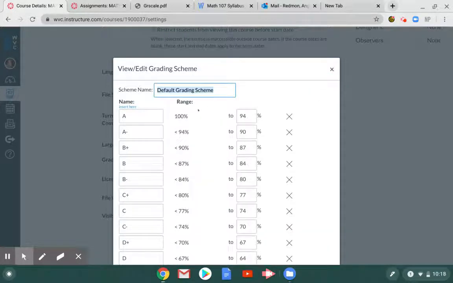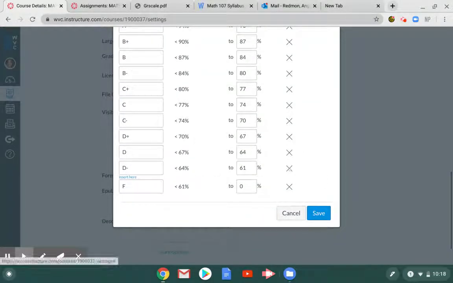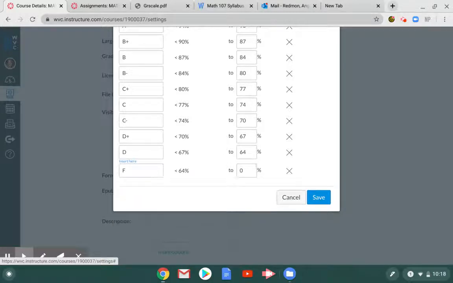I can take this default grading scheme and edit it by clicking on the pencil. This is actually really close to my grading scheme right now. So to get an A, you need up to a 94%. Less than a 94% is the A minus. Let's see, as I scroll down, we do not have D minuses. So I could go ahead and get rid of this category. So I can remove the D minus category. And now it has my Fs going up to